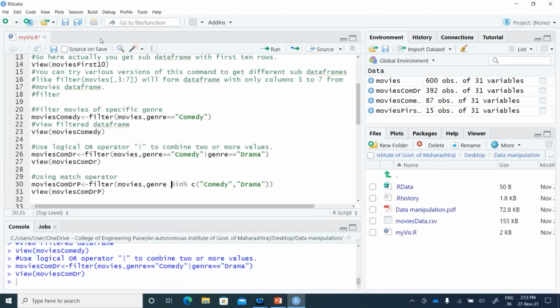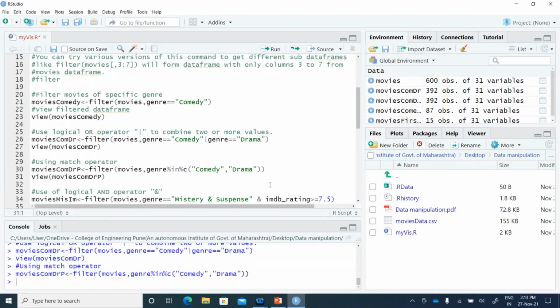Here I want the genres comedy and drama. So I'm writing this particular command and let me run it and check the output. Then I will talk about this %in% match operator more.